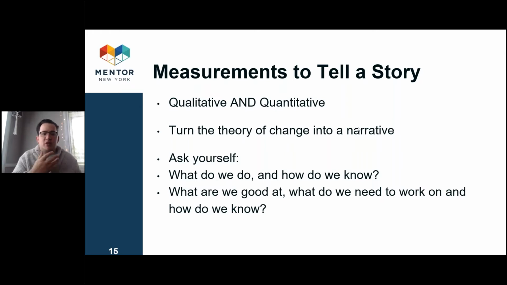And so you want to do both, because qualitative data without numbers is just stories. Like there's no real data to back that up. But quantitative data without the qualitative piece is just numbers. There's no humanity to it. There's no story to it. And so you want to have a little bit of both, so you're able to really tell the story of what we do. So let's say your program is a school-based program